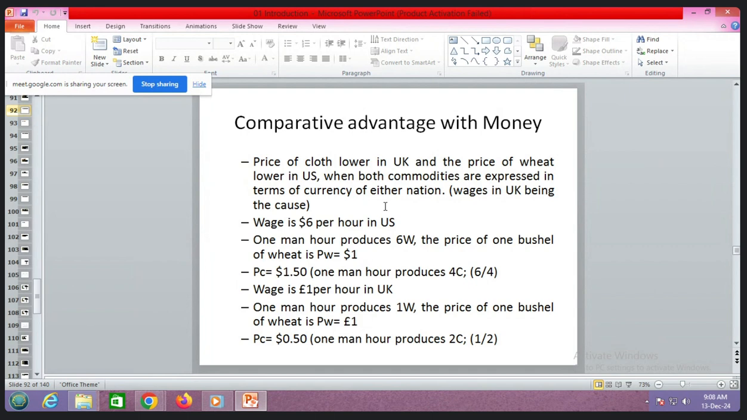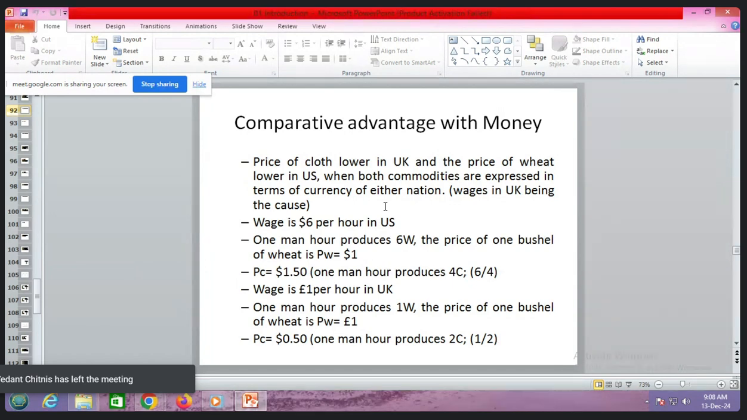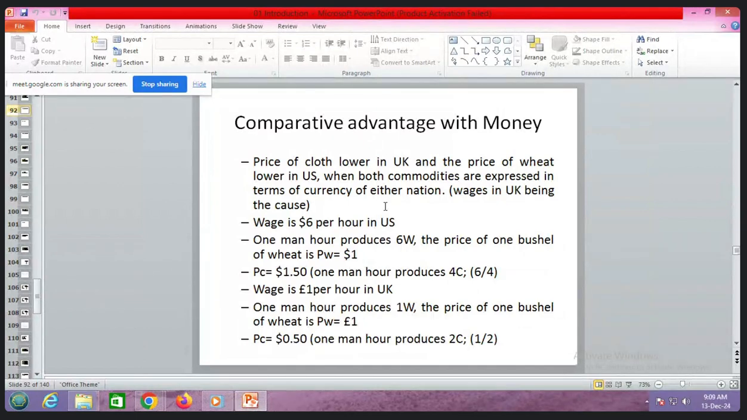And then we tried to see that if two nations have the absolute advantage, sorry, if one nation has an absolute advantage in both the commodities, then the nation which has an absolute disadvantage, lesser disadvantage, it should specialize in that particular commodity. So we stopped there, and then we asked the question as to why a country which has